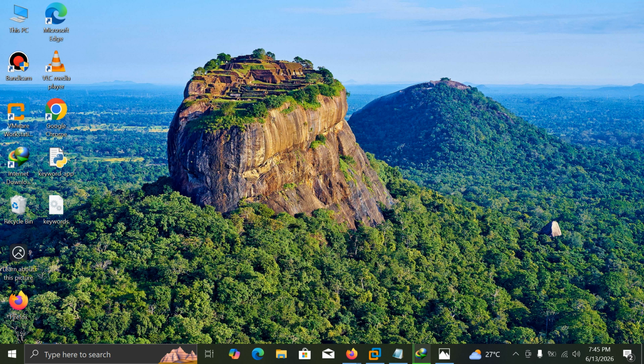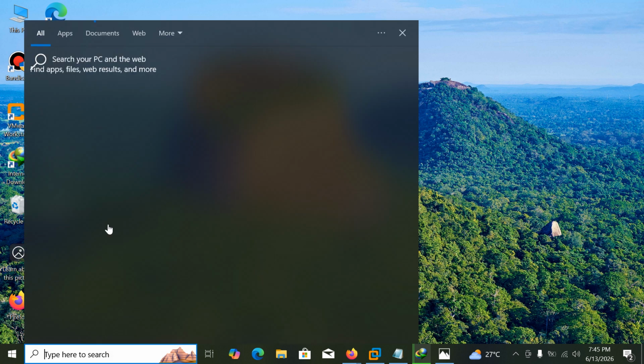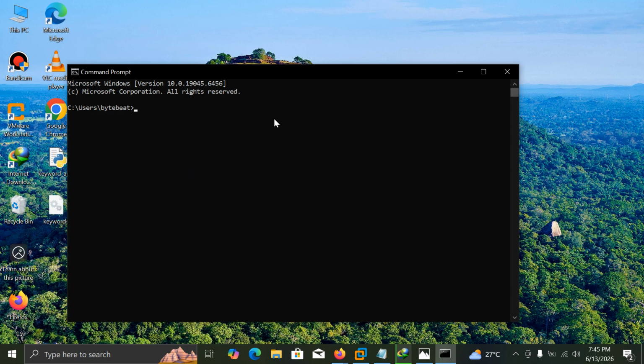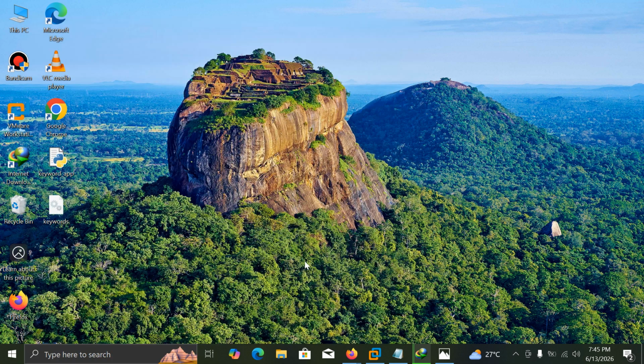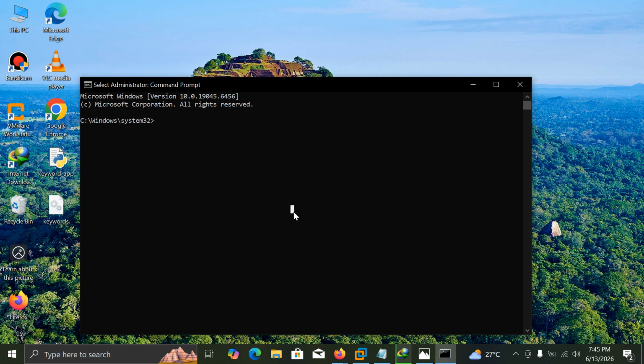Third method is fix core system integrity, that means SFC and DISM scans. Again you need to open command prompt, sorry, it should be opened as administrator. In here you need to type dism.exe space /online space /cleanup-image space /restorehealth. Sorry about that, there are two e's here, restorehealth,